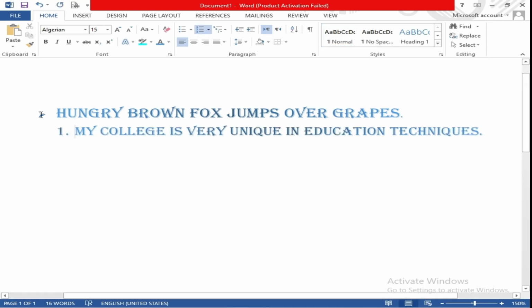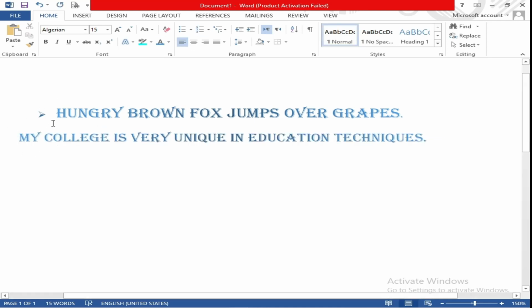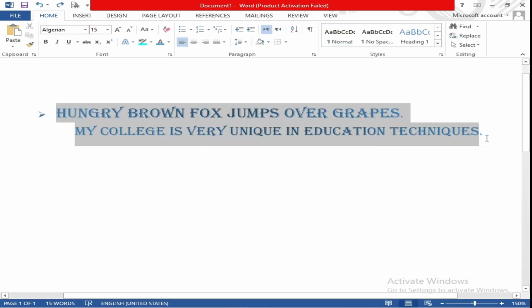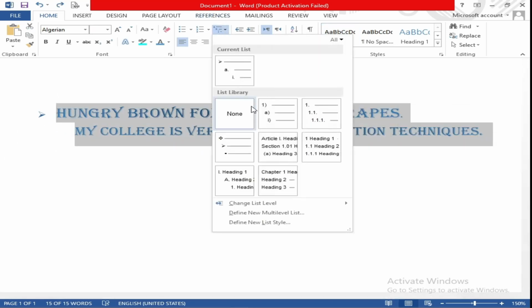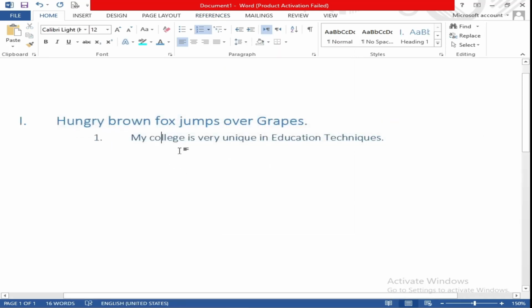You can also do it from here, or you can select both. And after that, for example, if you want to choose this, as you can see, when you choose this tool, it has automatically made the first one the title, and second one the subtitle or the description. In this way, you can easily write the paragraphs with titles.